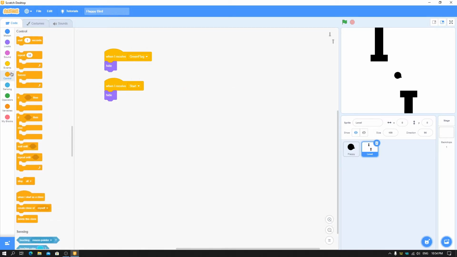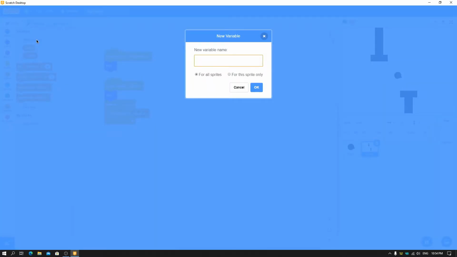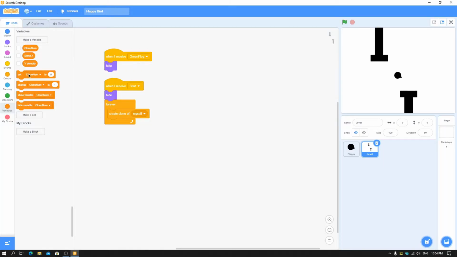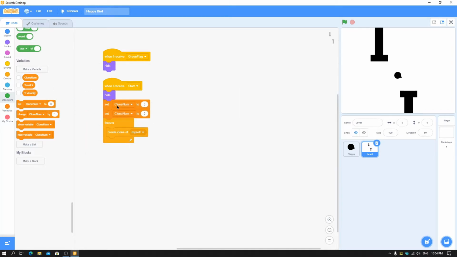So we'll put here forever create clone of myself, and also make a variable called clone number for this sprite only, and then set clone number to 0 here, and also set scroll x to 0.